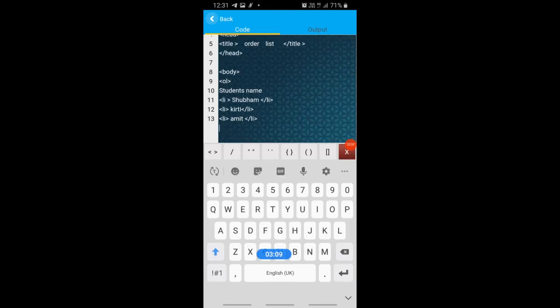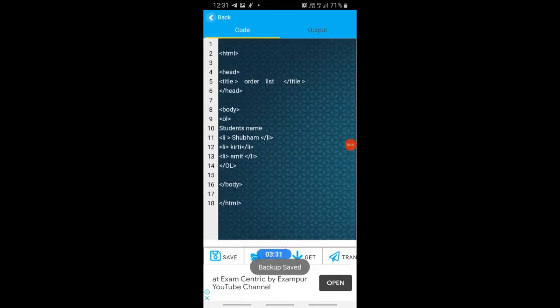Now, as you know, the OL, ordered list tag, is a pair tag, so that also should be closed. OL. Clear? Now you have to see the output of this.